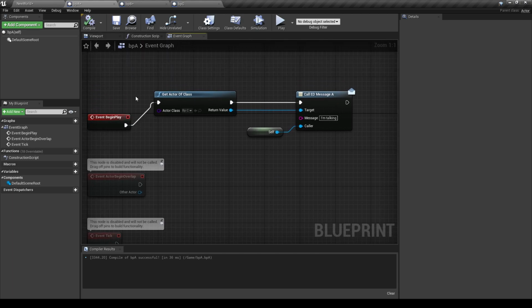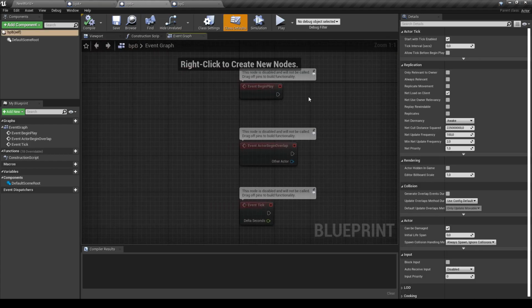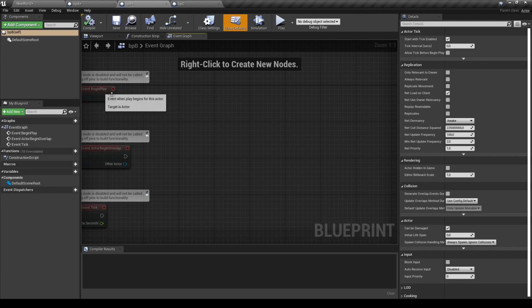So now I can go to blueprint B for the listening part.